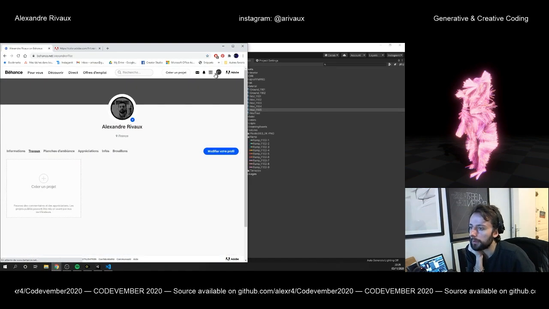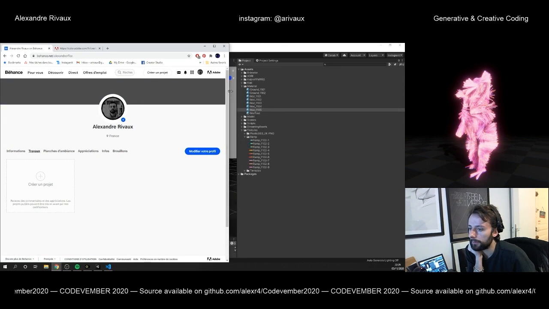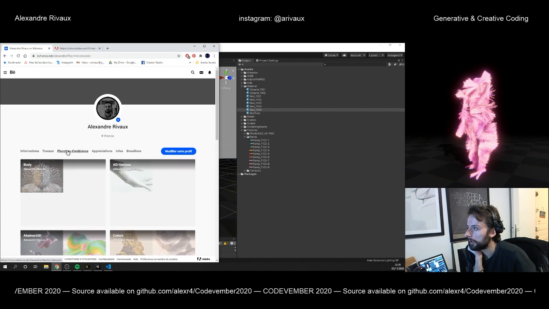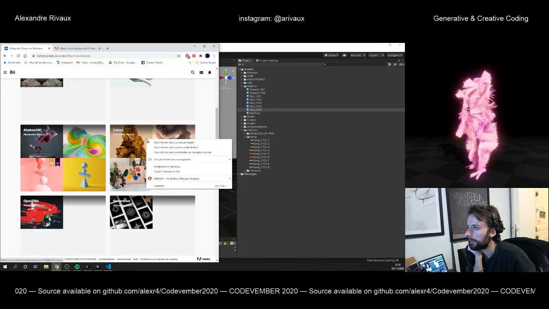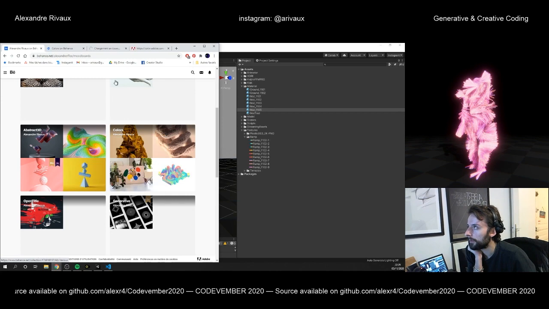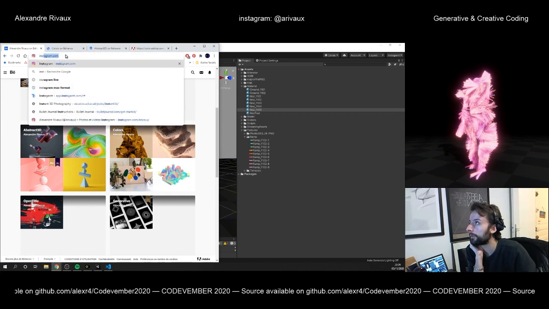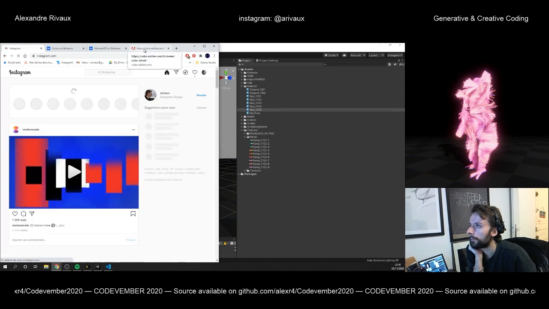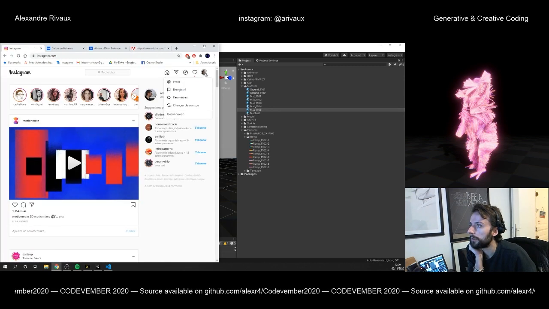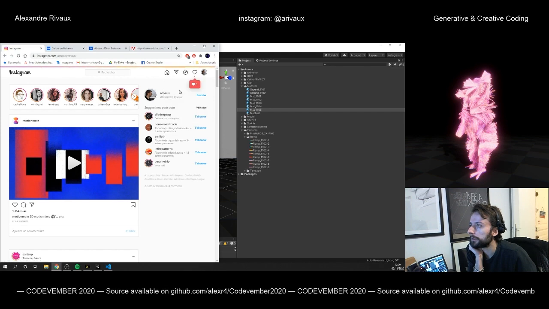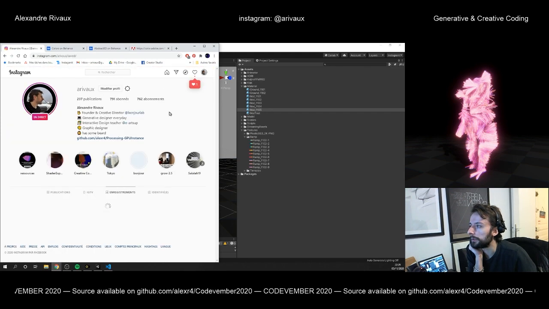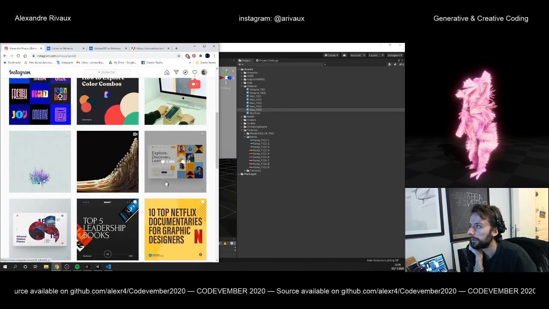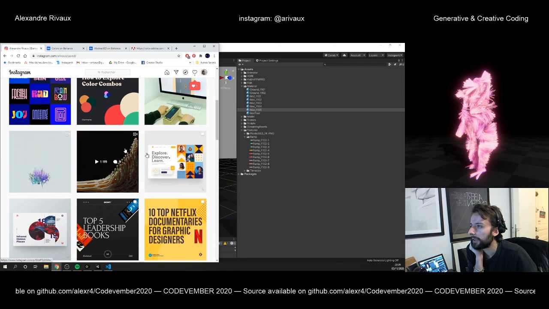If I want to find a color scheme, I think I have some mood board here. Yeah, I have this one, some abstract one, and I also have a board on Instagram dedicated to colors, and I cannot find